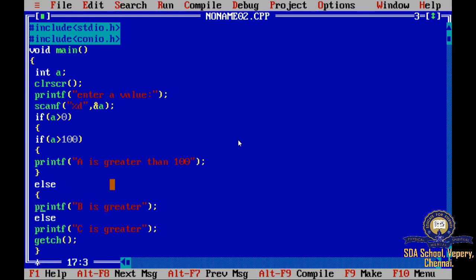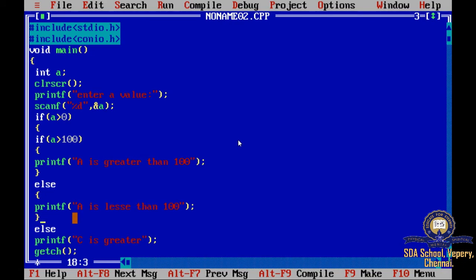So you have to print A is lesser than 100. Since this condition is not satisfied, it will be printing it is lesser than 100. Okay. So once this condition gets satisfied, it will be moving on.